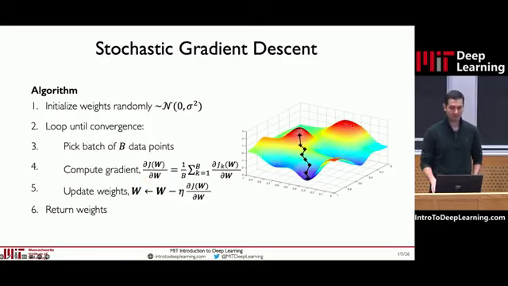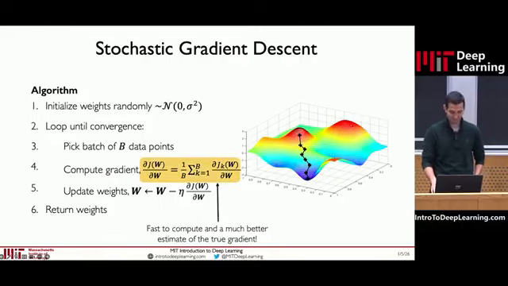The middle ground is that you do this over what's called a mini batch. So you compute some batch size of data points, and you compute the gradient with respect to that batch size. Batch sizes can range from very small, like a few data points, all the way up. Most commonly people use things like 32, which is a very common batch size. You can scale it up. In large language models, we have batch sizes of millions, right? It depends on the type of data sets that you're using. But in general, you always want to pick something much smaller than the size of your entire data set because you don't want to be going through your entire data set every time.